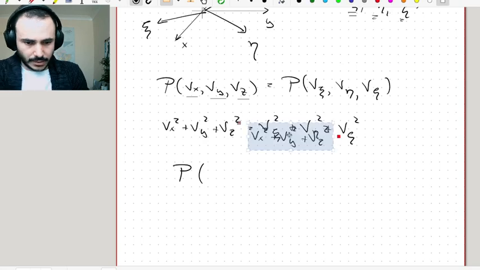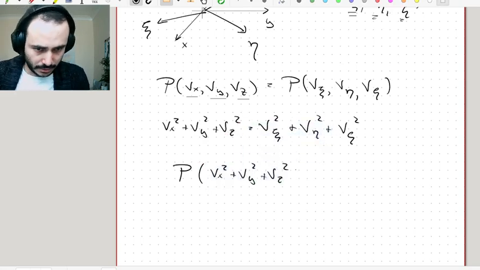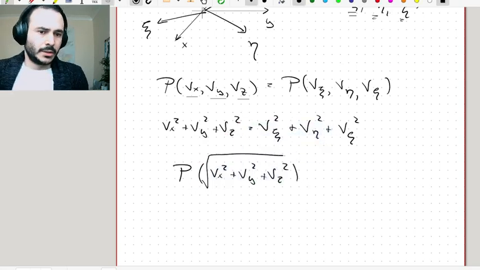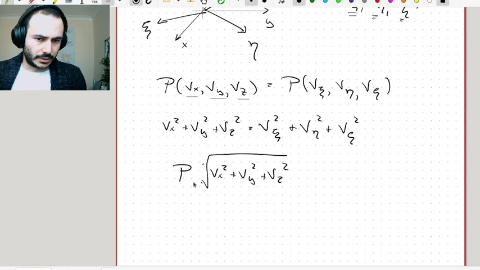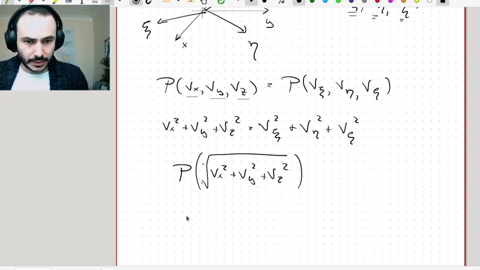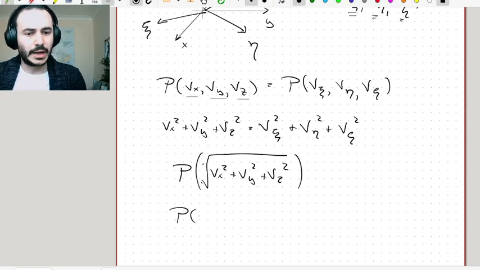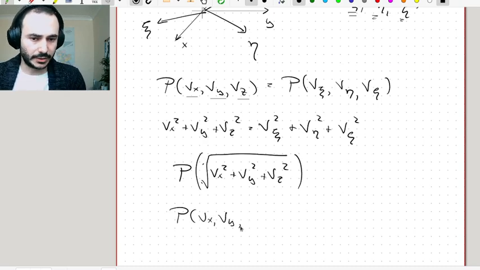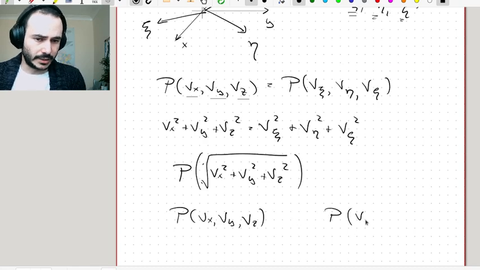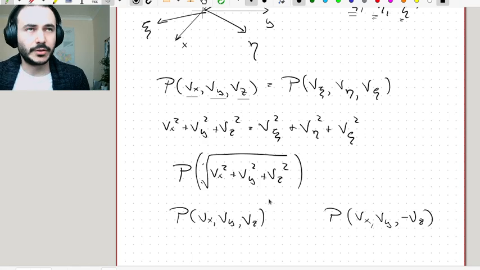Copy, paste. There you go. So if you want, I can put the square root here. It really doesn't matter, but the point is that if I ask myself the probability of this, y and z, and the probability of reversing the velocity in the z component, that is, what is the probability of finding particles that come into the wall compared to the probability of finding particles that go away from the wall